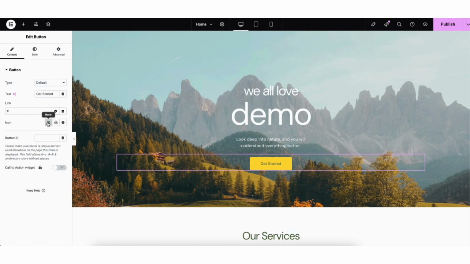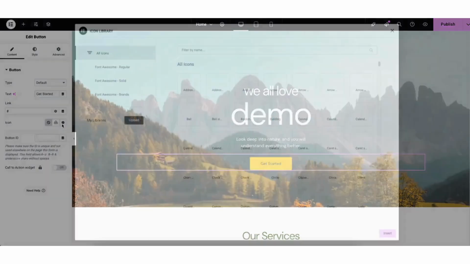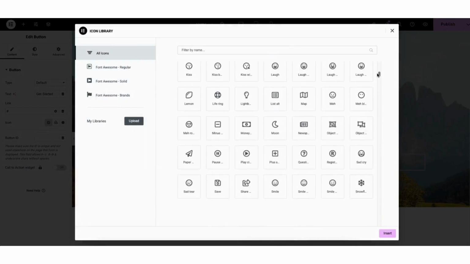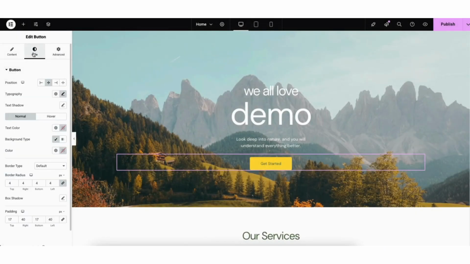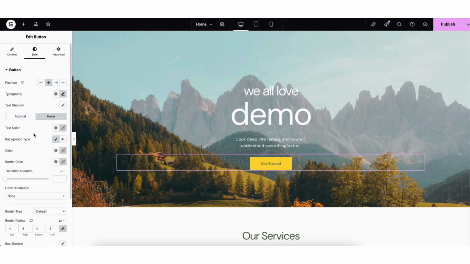You can select to not have an icon with the button. Where it says Upload SVG, you can upload an icon. If you click Icon Library, you can view icons you can add to the button. If you click Style, you can change things for the button. If you click Hover, you can make changes on the button hover. I'll scroll down to this section.